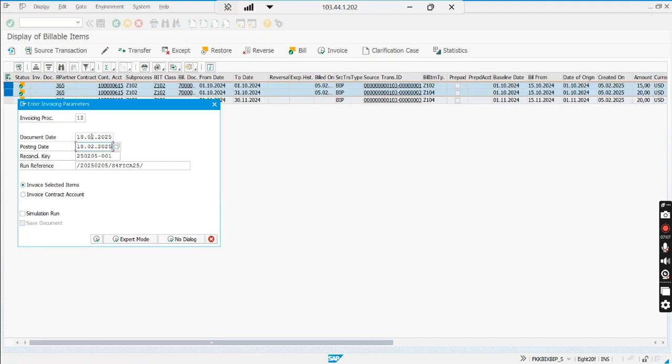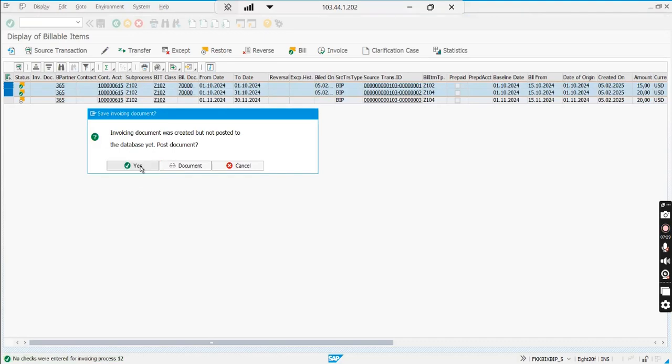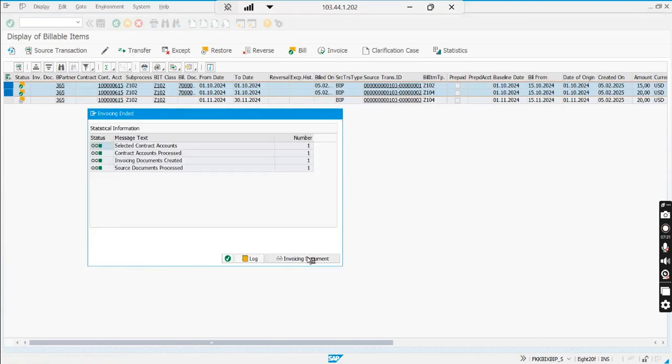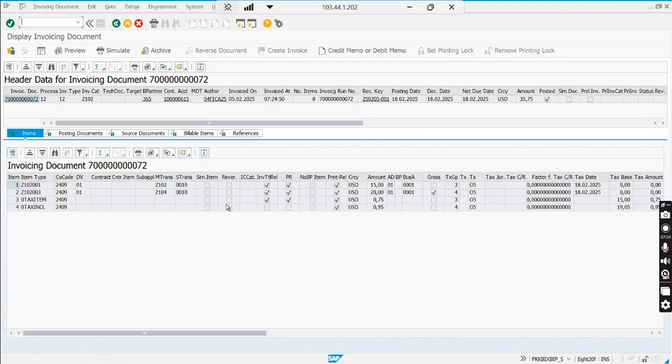Ideally this is incorrect. Okay, what I can do, I can choose here 110 and I can go with expert mode. Remember in expert mode it will allow, but I should have done it during billing itself. Okay, I did not do it during billing, so I should not do it during invoicing also, because it will mess up the things. For the next one I'll do that. Okay, so 1802 it will generate posting document, invoicing document, two documents it has generated, and